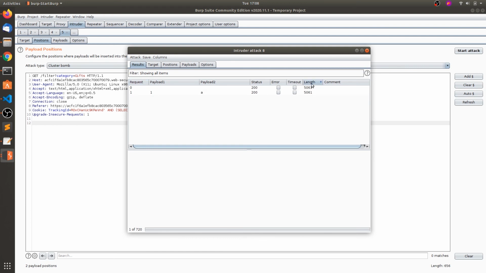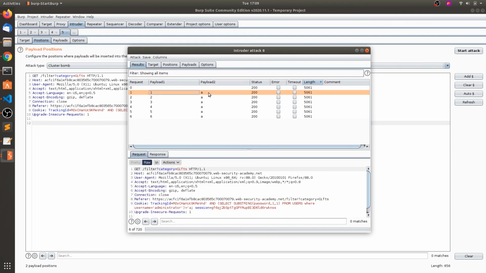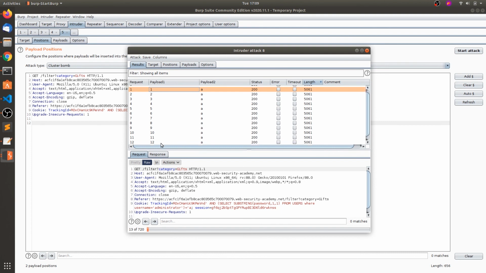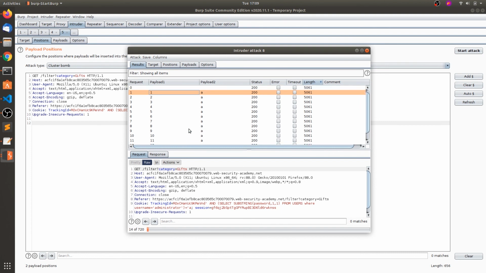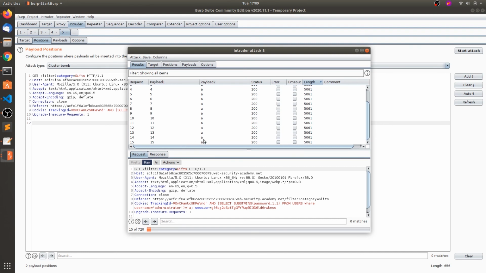So already click the descending order of this length. So you can see here payload 1, that is the first byte, is checking with A, and the second byte is checking with A, the third byte, and so on. If there is an A in any of these 20 bytes, we will get the true response. So checking at the 12th position, and no, there is no A up to now.